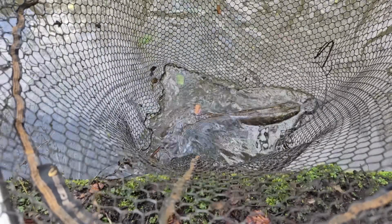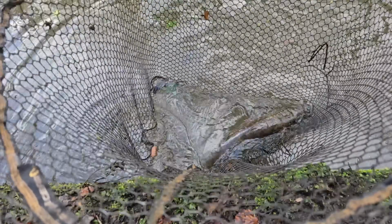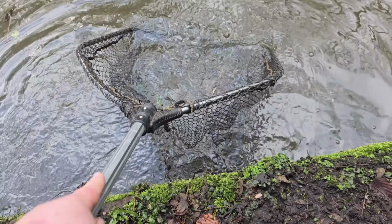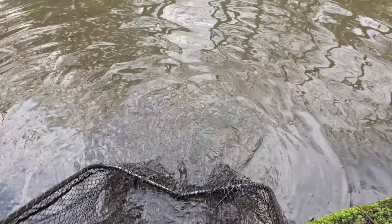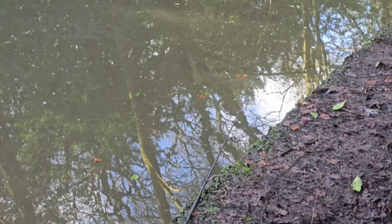That pike there has been down there while I've been sorting a new bait out, and the rod's back out. You see it's more than ready to go. There we go. So they should all go back nice and safe. So the rods are back out,